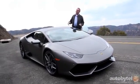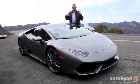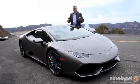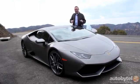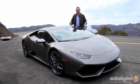Hands down, this is one of the craziest cars I've reviewed in an awfully long time. And it works so well. This is as if Lamborghini went into the minds of enthusiasts and tapped their dreams. You know, what do they want? They want something crazy looking, crazy fast,